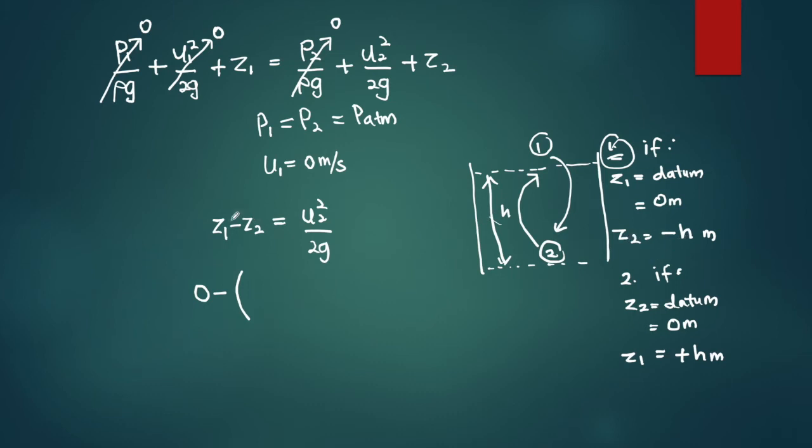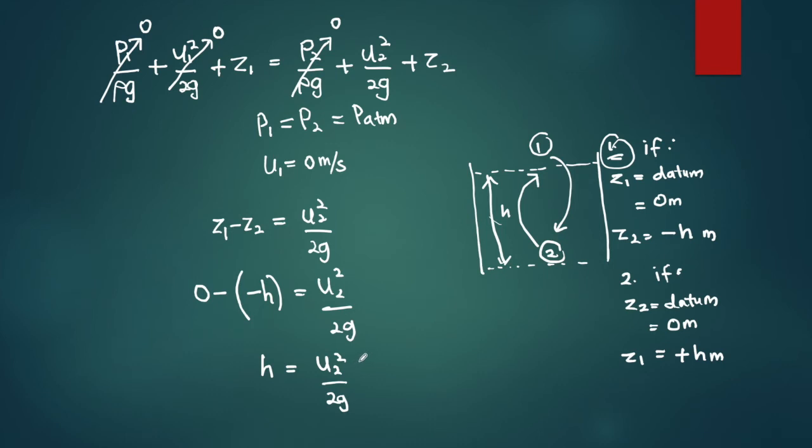Z2 is negative H, therefore you substitute negative H equal to U2 squared over 2g. So in order to determine the value of H equal to U2 squared over 2g,